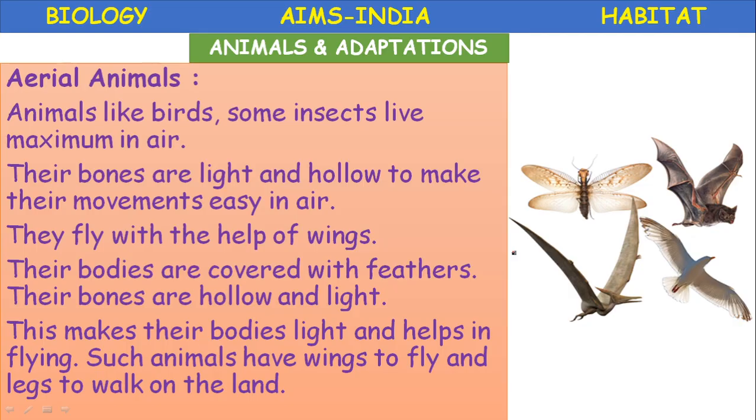They may swim in water also, some of the birds, not all. The wings are modified forelimbs that help them to fly. The birds use their hind limbs for walking, running, hopping, and their forelimbs are modified into wings, which are strongly attached to the breastbone of the birds. They help the birds to flap their wings very strongly in air during flying.